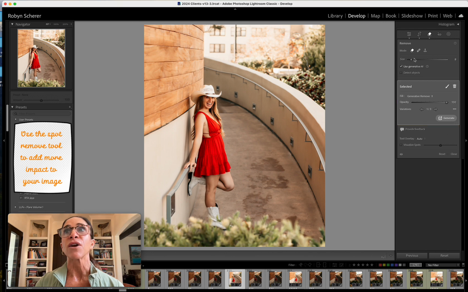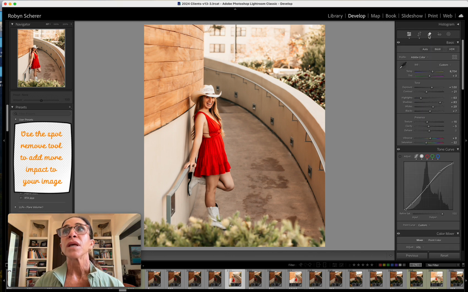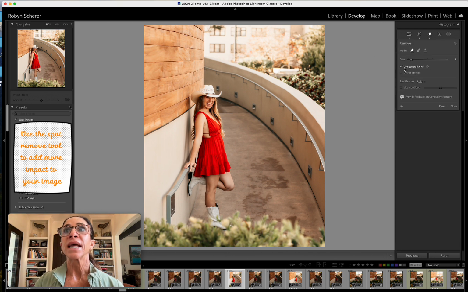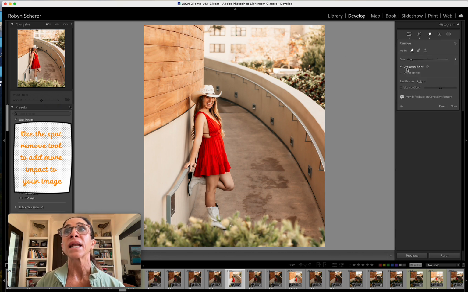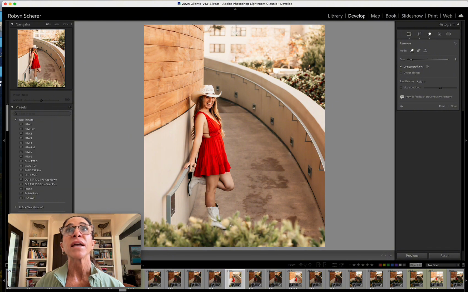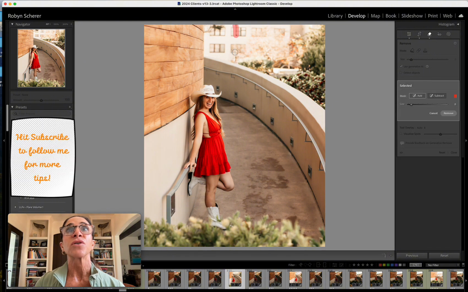It left this there for some reason. So if I go back in and I uncheck this, this is a faster way to get rid of items, although a lot of times it doesn't do the best job. This time it did a great job. So if I go back in and I hit generative AI and I hit it here and here, let's say I want to get rid of this,